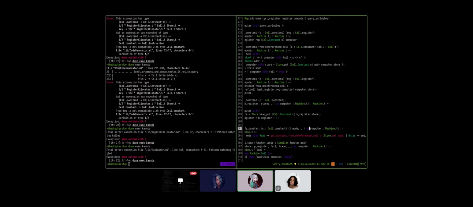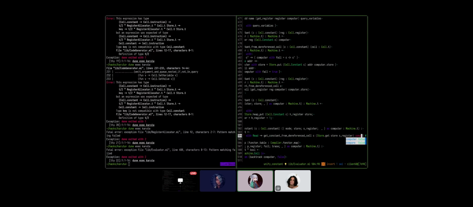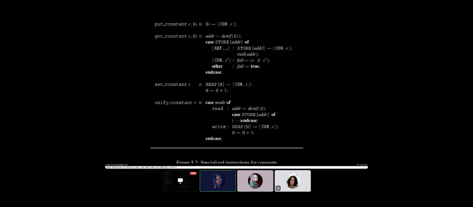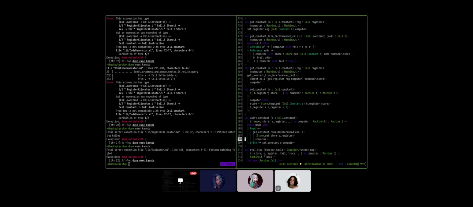What am I doing? We have the computer being the structure here. Store S register. Get store as register. And then we need the computer. Not S register, the deref of the S register, but S register is an address already.